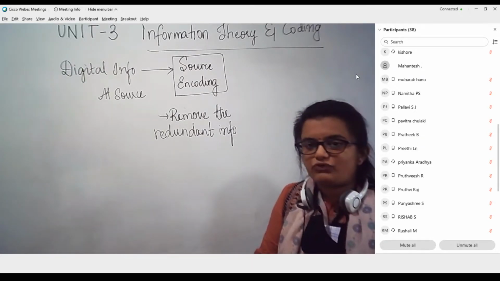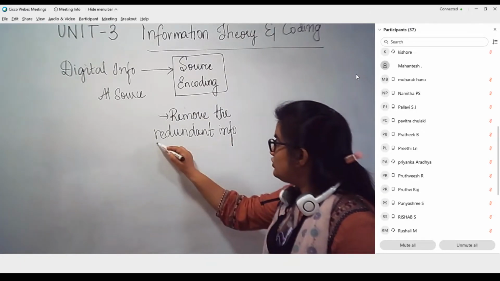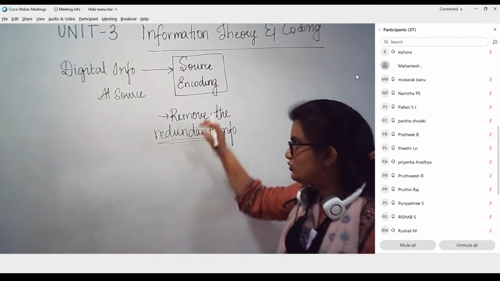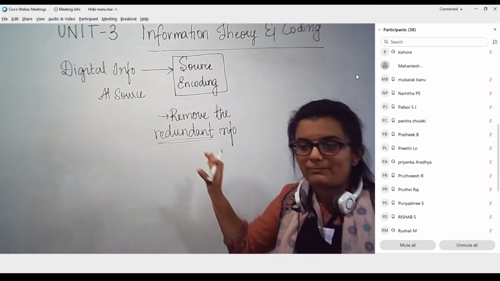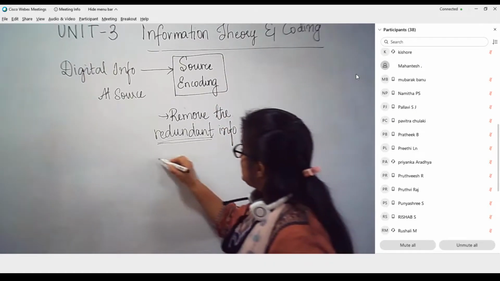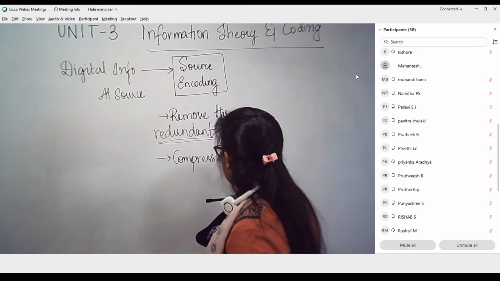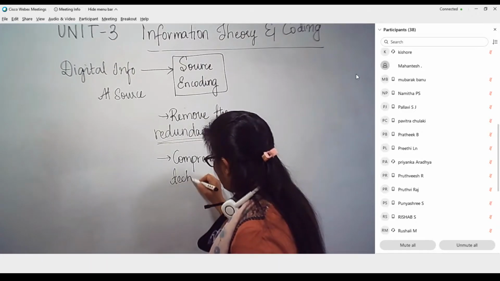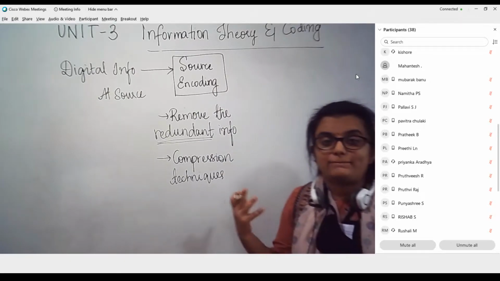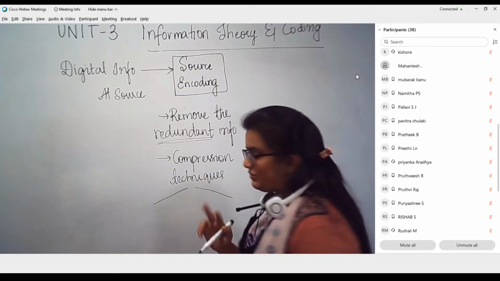That means if the information is trying to repeat itself, then we are trying to reduce that redundancy, which is not giving any information to us. We are trying to reduce the content of the information by calculating this redundancy. This process is also called compression techniques, or source compression techniques. There are different compression techniques used in digital communication systems based on the type of data I am trying to handle.